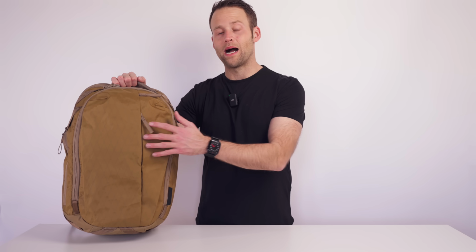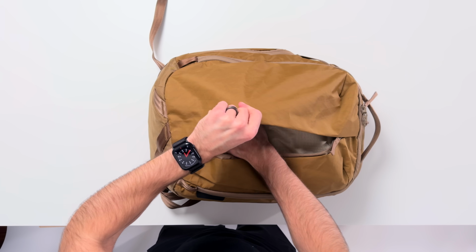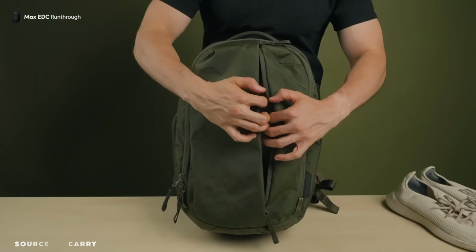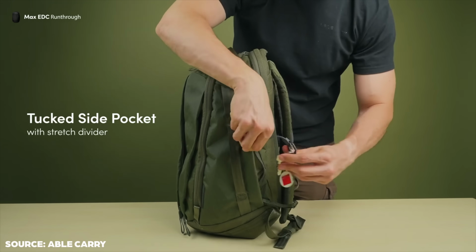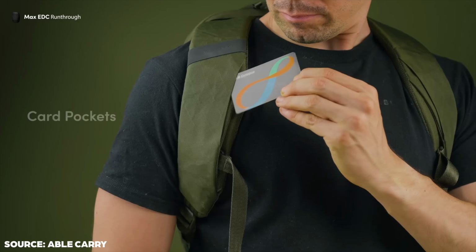The front vertical pocket is interesting. It has a duffel style opening and it's a roomy catch-all kind of space. Capacity is up to 8 liters in here. They keep showing it with a pair of shoes, so I get it for that EDC context. A couple of other cool pockets hidden here. Tucked side pocket with a leash for keys, hidden pocket on the back panel for something like a passport, card